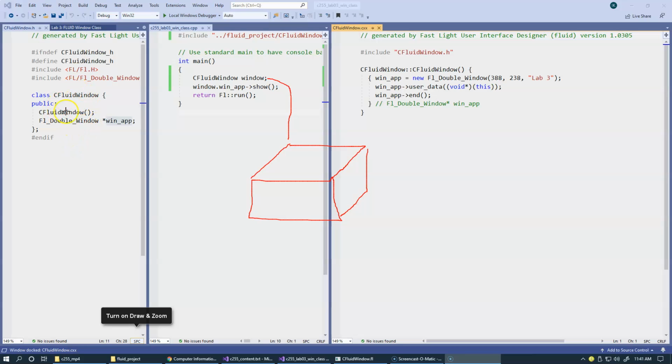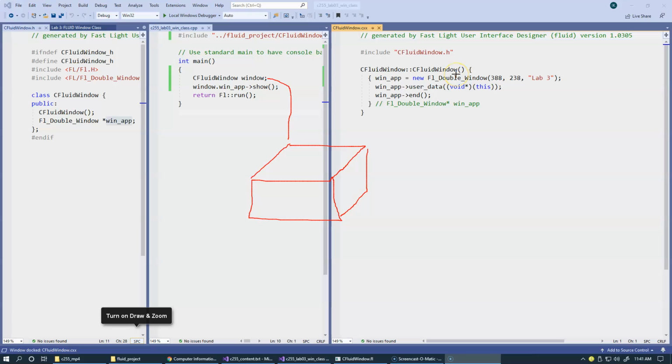In this class generated by Fluid, we have a constructor and a pointer to Fl_Double_Window, right? So when we create this variable named window of this class, the constructor of the class executes for us, and of course